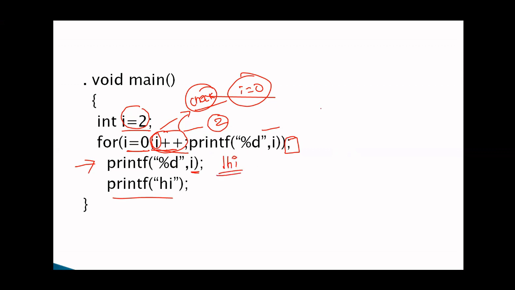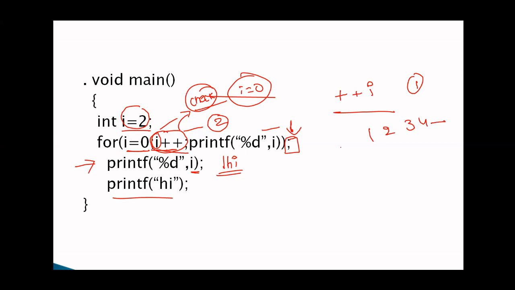Suppose the same thing, instead of I plus plus, if I am writing plus plus I, what happens? See, first I is equal to 0, plus plus I means I value is equal to 1. Actually, here we are writing a semicolon. If you are writing a semicolon, we come out of the loop whenever the condition is failed. So plus plus I means I value is 1, a non-zero number. So what is the updation? printf percentage d comma I. So 1 is printed. Next plus plus I, 2. 2 is printed, 3, 4.